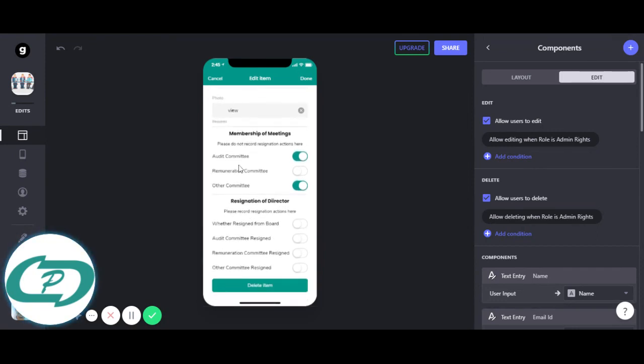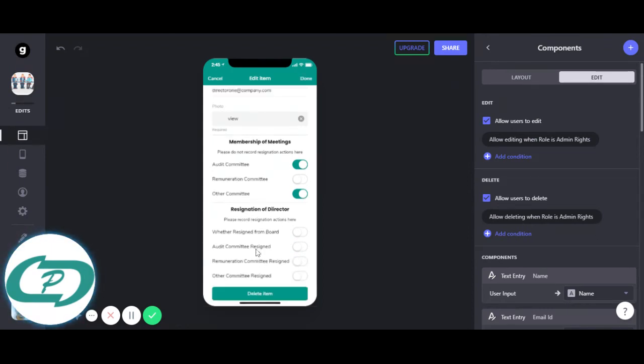So suppose an existing or active director resigns from a particular type of meeting, you can select here. As soon as you switch here, it will show date of cessation.